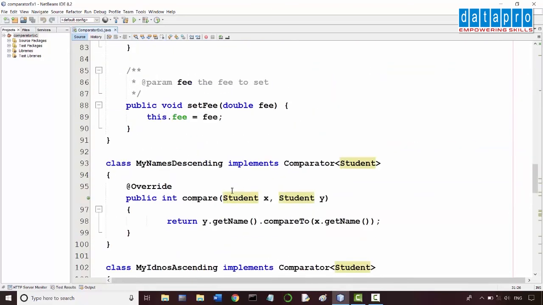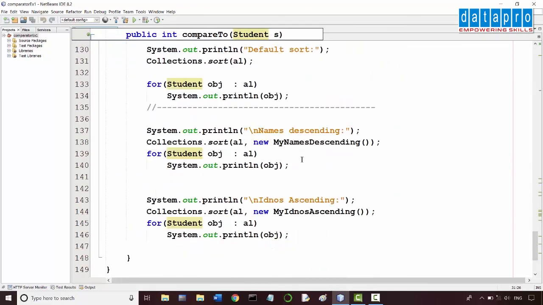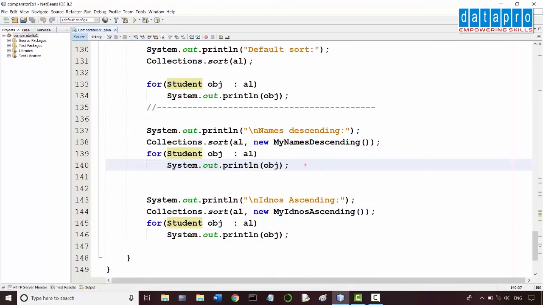Okay, but when the programmer 2 wants to use these choices, then how does he do that? Now look here, sort. We pass the array list as usual. Then here we have to create an instance and pass it to the sort function. So this class must have implemented comparator interface. That's the point here. So this is how programmer 2 can use the choice. So this is one more instance. So this is the default sort.